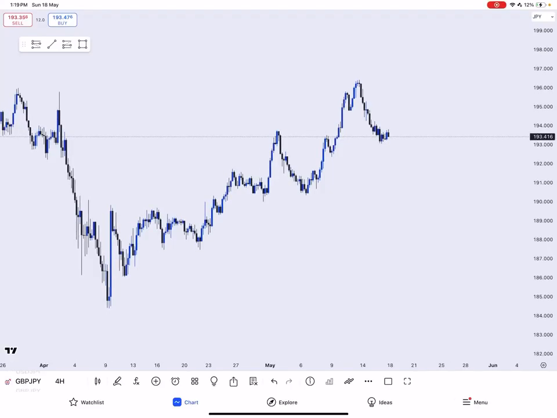Good day, everyone. My name is Toni Iyke, and today I want to teach you guys basically what I look out for when it comes to finding out what the higher time frame directional bias is saying. Now, directional bias is basically the overall direction of the market on the higher time frame, because trust me,